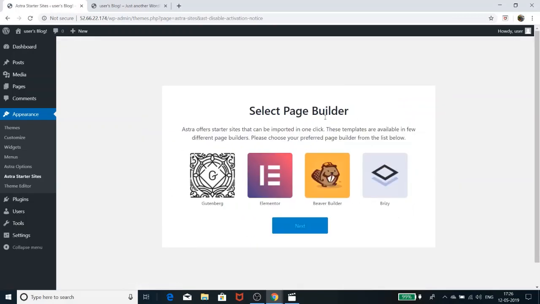So here I am, I enabled that Astra plugin, and then it asked me to select a page builder. A page builder is basically a builder which allows you to build your website by only dragging and dropping elements, without using any coding. So if you don't know HTML, CSS, JavaScript, or PHP, no need to worry about it. You can just directly use these page builder tools,